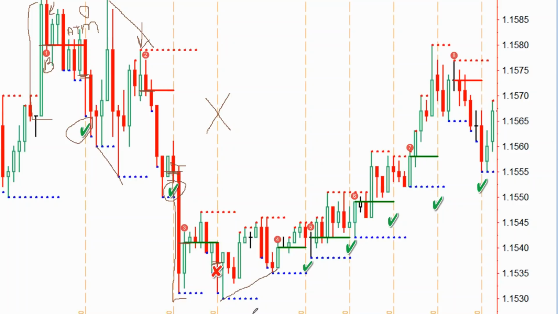Now we are making higher lows and we are making higher highs. We're expecting the market to go up. So we enter at the money here, and the expiration value is here. So this one would expire in the money, provided there was an at the money strike here. With it being a 4-pip strike width, there's usually always a binary that you can get that is close to that